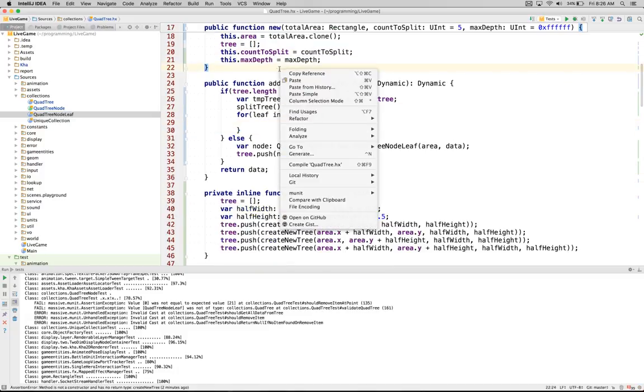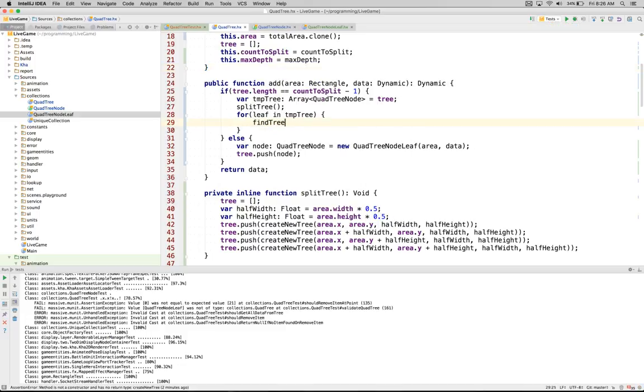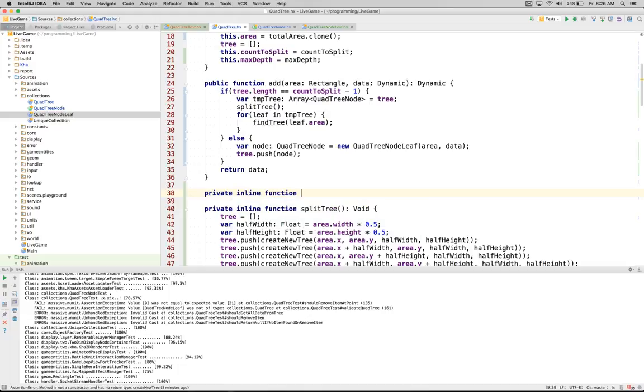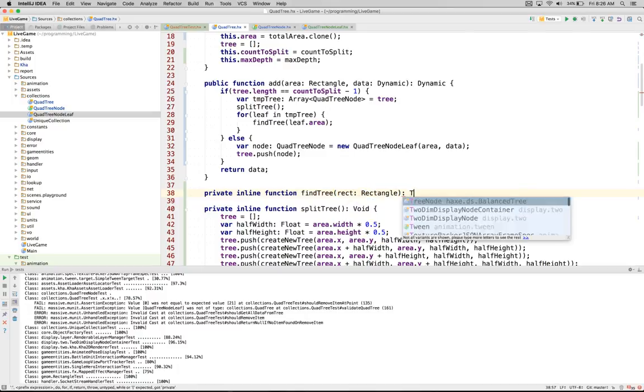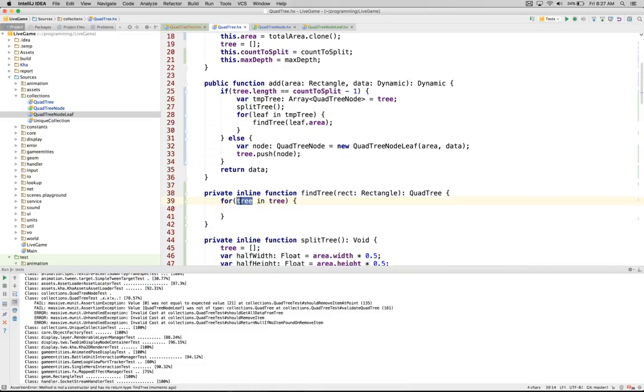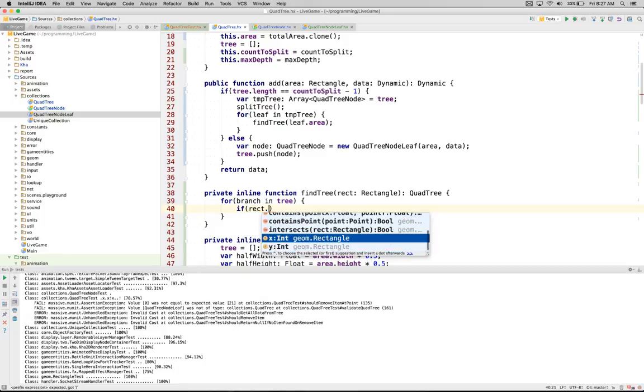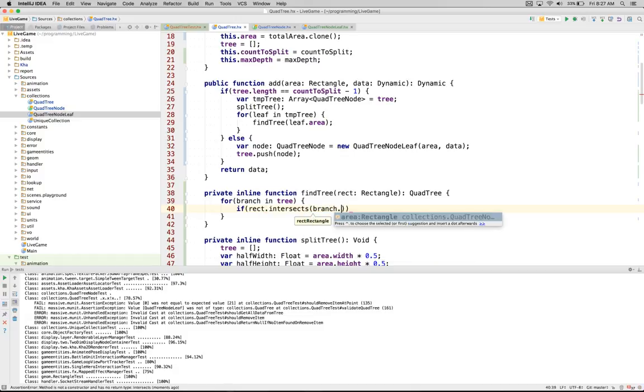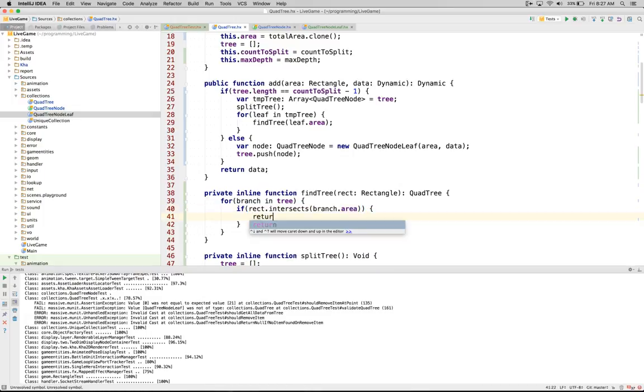So what we're going to do is we're going to say find tree, and we're going to pass it the leaf area. Private inline function find tree rectangle. So give us a quad tree. And what we're going to do is we need to traverse the tree. So for tree in tree, call it branch. And we're going to say if rectangle intersects with the branch area, return